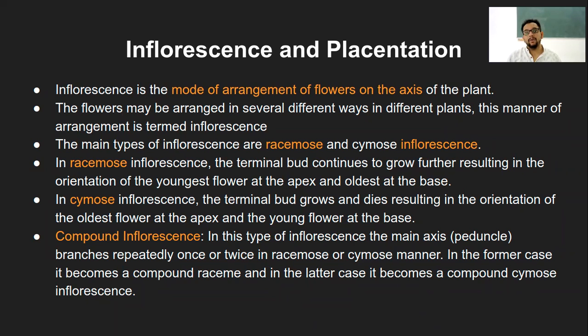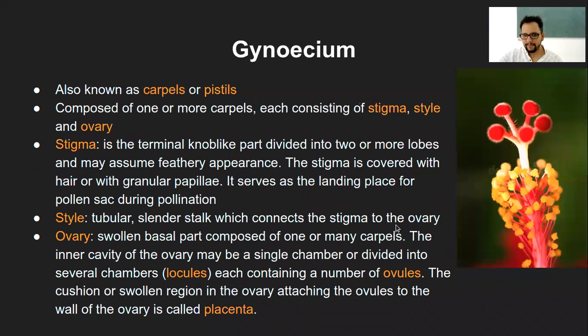In corn also you can see that. When you remove those seeds, what you get at the bottom is just a little thread-like structure. There is a cup-like structure in which each of the corn seeds is fitting, but it is attached to the main fruit with a certain placenta. Okay, so I hope this part is clear, and that is all about the gynoecium.